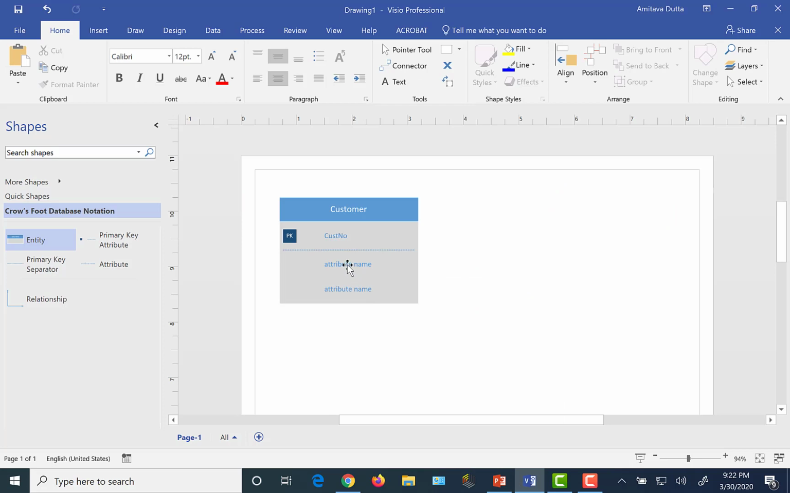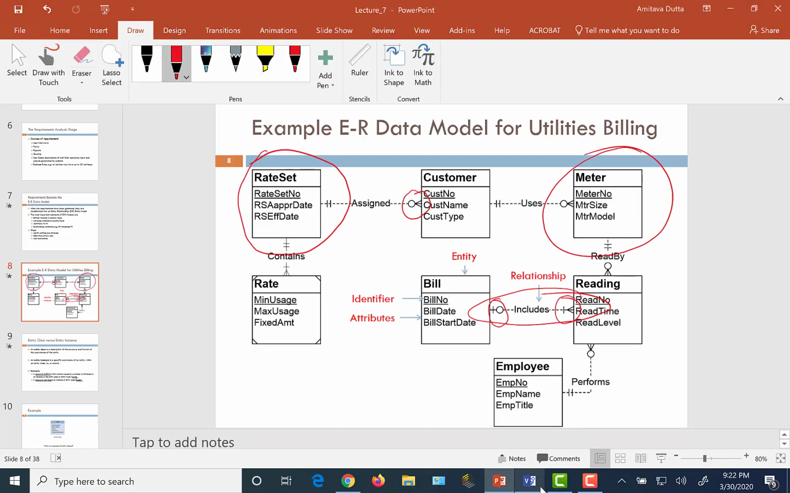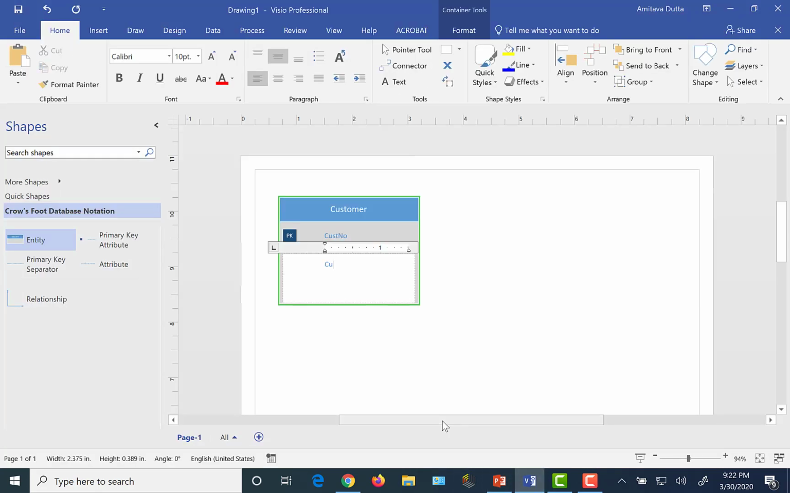So all I do is I click on the attribute name itself, and you can see this gray box surrounds it, which tells you that you're about to change that particular attribute name. So again, what was it? Customer name. Okay, so CUST customer name, just typed in. So I've got my second attribute, and I click on the third attribute, customer type. Okay, so I have my three attributes now,